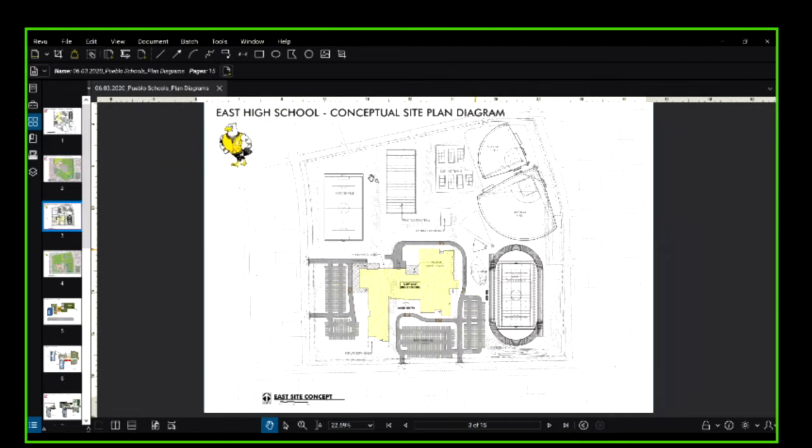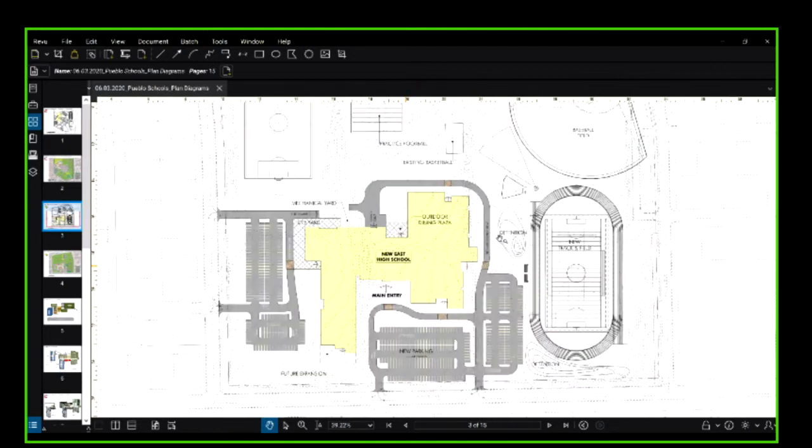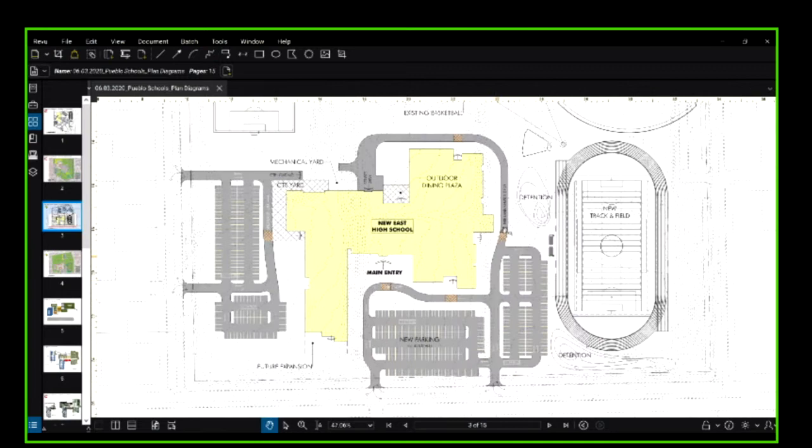We have to get service and access to the back of the building in our fire lane, so we'll actually have to get a service fire lane drive around to the back to service the kitchen and dining, but we need that for fire anyway, so we're going to dual purpose that. And then we'll have our CTE and our culinary arts outdoor dining kind of on that upper plateau with their own little parking up here.